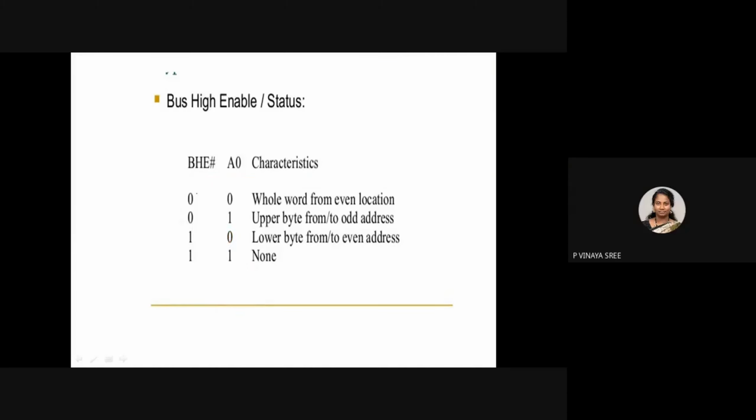See here, if there is zero, that indicates the odd memory bank is active. As we placed both as active low, with zero in this position and zero in this position also, it means whatever the address is, it wants to access a complete word, the data present in the even 8 bits and the data present in the odd also, at the same time. An example is AX. In such a case it has to get all 16 bits.